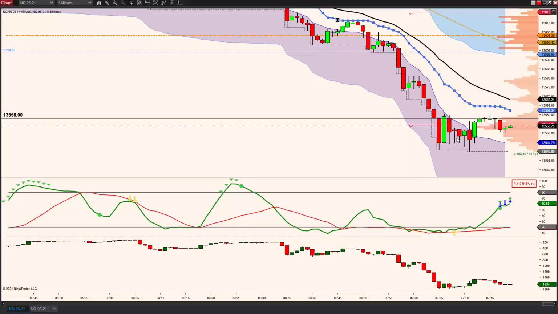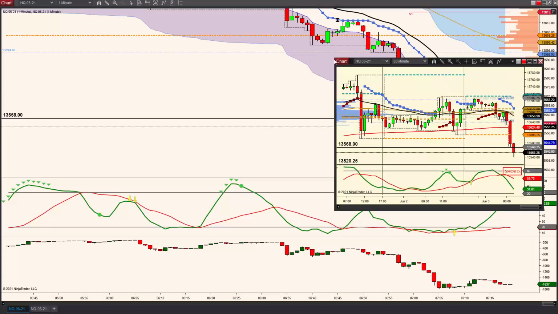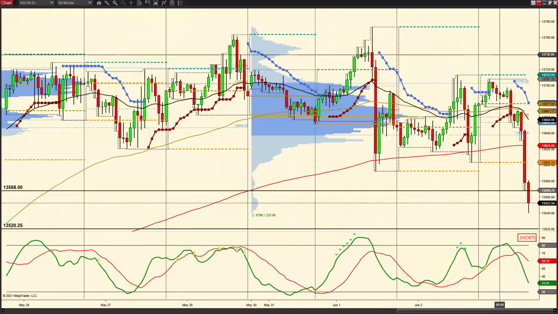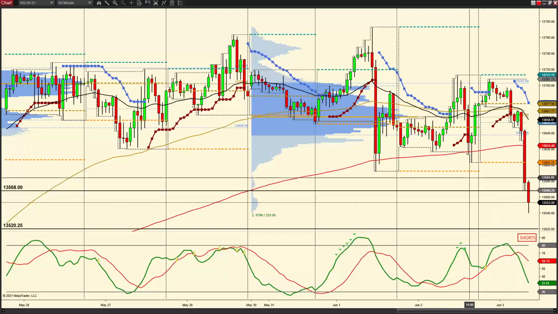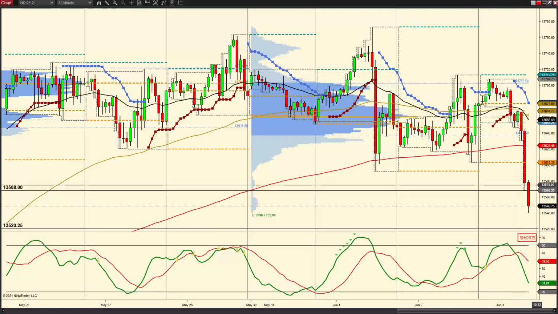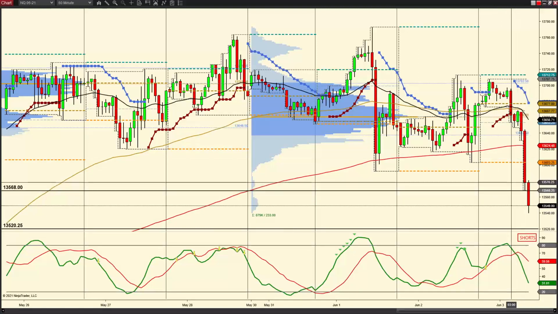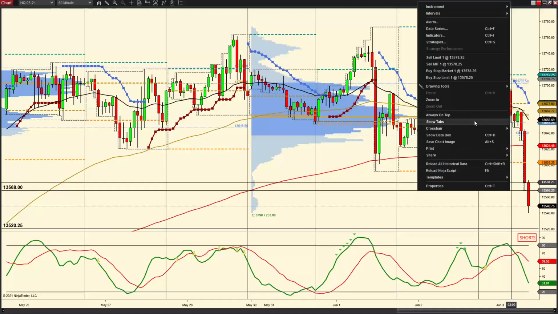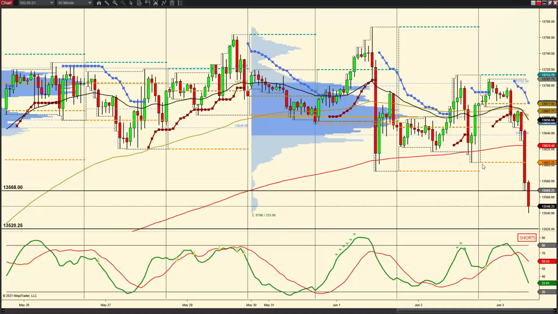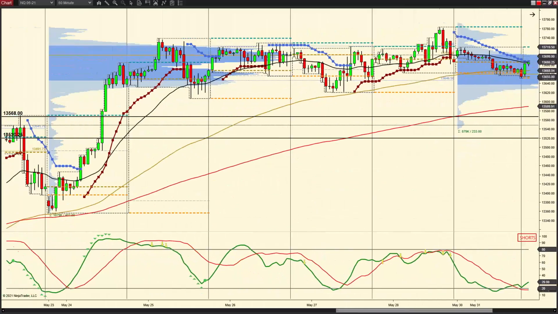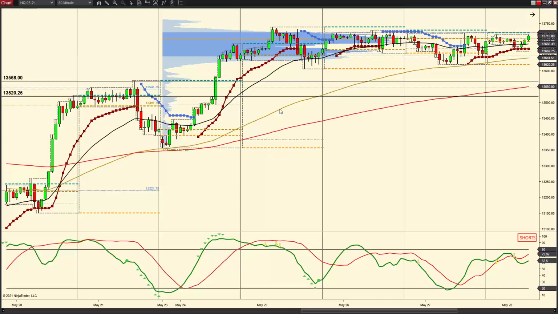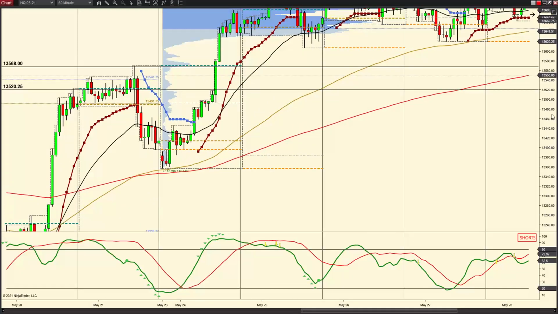And then don't forget, look at something larger as well, like your 15-minute or a 60-minute, just to see what happened last time price was in this area. To show you what I mean, if you look at this 60-minute chart on the NQ, here is where the low was, right here. And if we scroll back to see what happened last time price was in that area, you can see right back here,